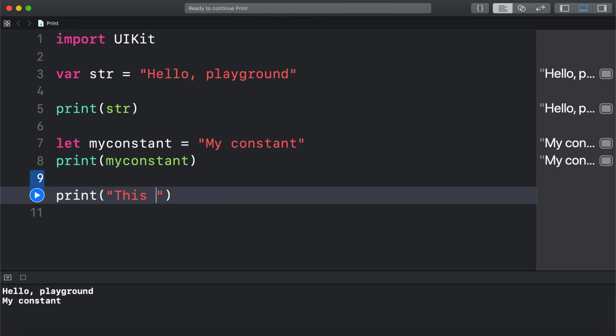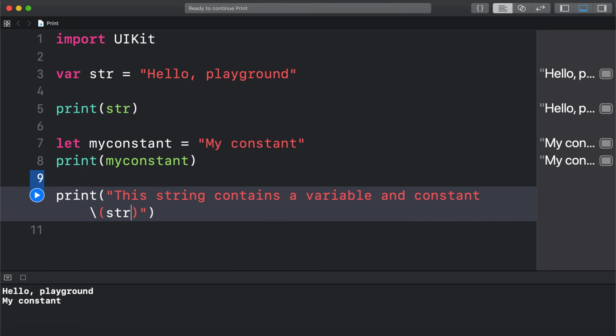This string contains a variable and constant. All right, so how to put those in there? What we do is use the backslash, which is just above the enter key, and the rounded brackets, and then you put your variable in there, str, I'm putting inside that, and the other one, my constant,